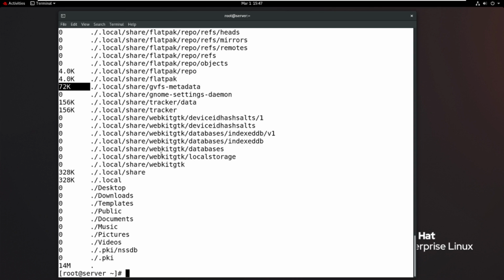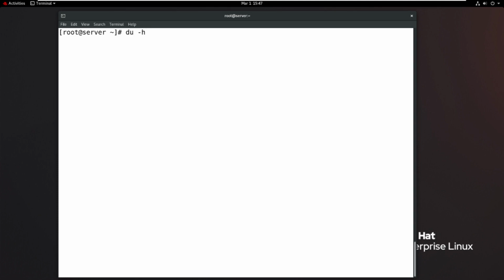So how do you know each file's size? We run du -h. du is disk usage, df is disk free size. These are the basic, minimum commands.